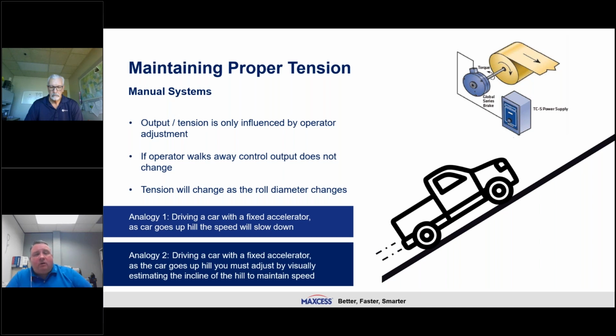The first category is manual systems. That means literally it's a brake with a knob, and as the roll gets smaller, my operator is turning down the knob. The operator is feeling the web or looking at the process, and it's his judgment that sets where the brake is set to put the tension in the material. It's also up to the operator to make those adjustments as the roll gets smaller to try to maintain that tension. How tightly they have to do that depends on the process itself and how tightly the web tension has to be controlled to keep the process consistent. So that output is influenced by the operator, and it's heavily involving the operator,